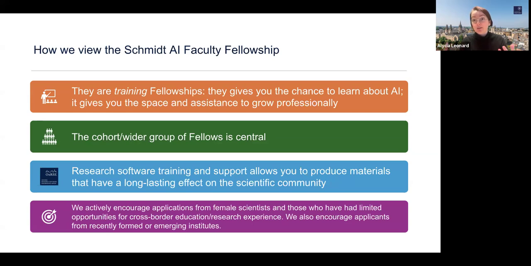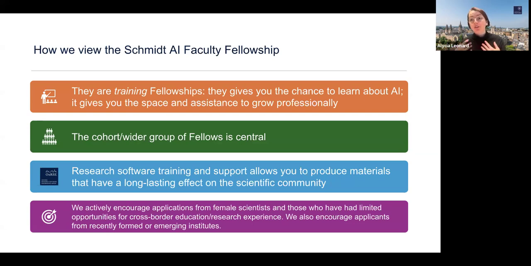Within your year group, there will likely be 6, and beyond that, there will be the remainder of the other faculty fellowship cohorts, which you'll be able to learn from, as well as the postdoctoral fellowship cohort at Oxford. With these fellowships, we're working across many different disciplines, so it's AI in science broadly, and so there's lots of opportunity to learn in an interdisciplinary way, and maybe see one of your methods applied in a different context and learn from each other. Alongside this kind of training and peer-to-peer learning, we also offer dedicated research software engineering training